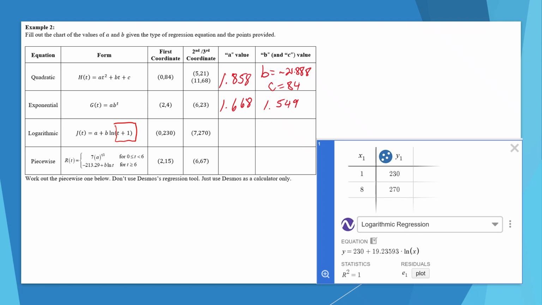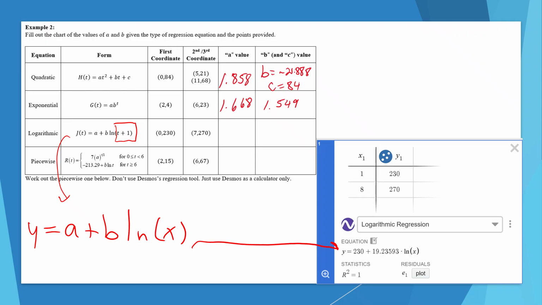Desmos's logarithmic regression line will go to the standard default form of a plus b ln x, right? So y equals that. That's the equation you see there. It does not encompass the t plus 1 or the x plus 1. So that's something that you're going to have to make as well by adding 1 to the x coordinates of